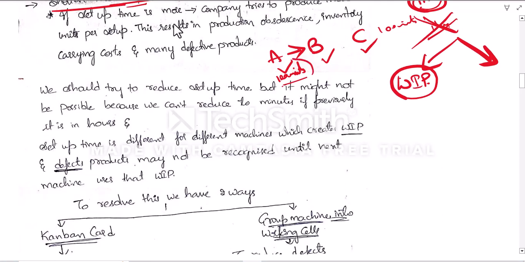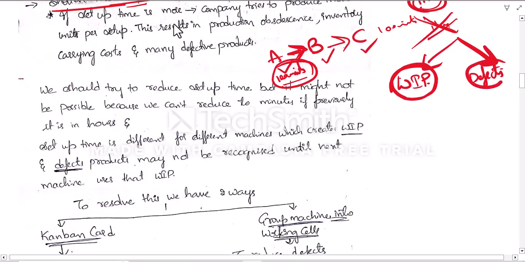So all this inventory should be in its go down, again leading to the carrying cost or product obsolescence, all that. So this is a problem. Work in progress is a problem. This might be because of different setup times for different machines. And the other problem is defects, because we cannot find the defects until the completion of the next stage, until it was put to use in the next stage. So these two are the problems with this setup.